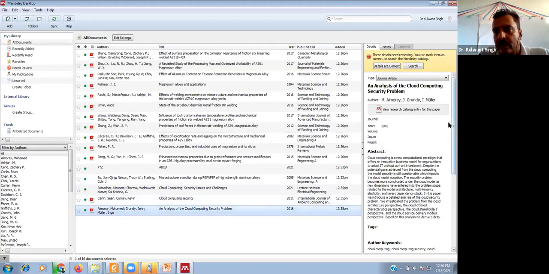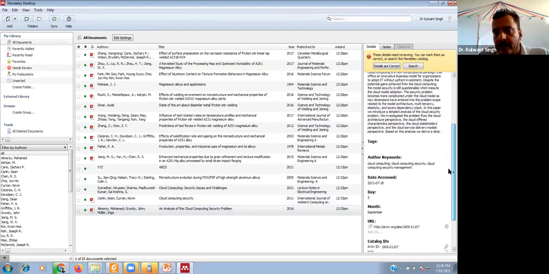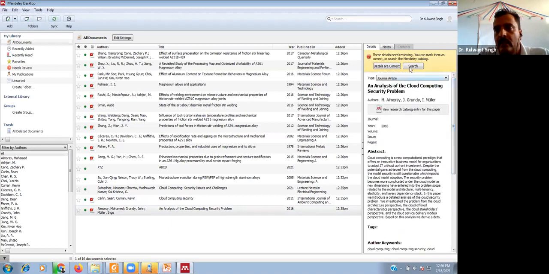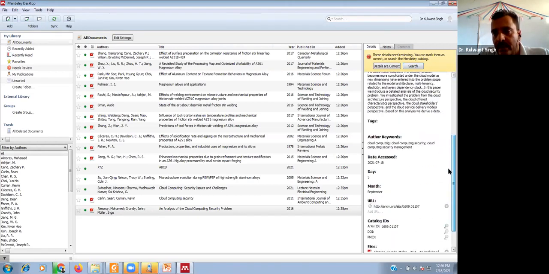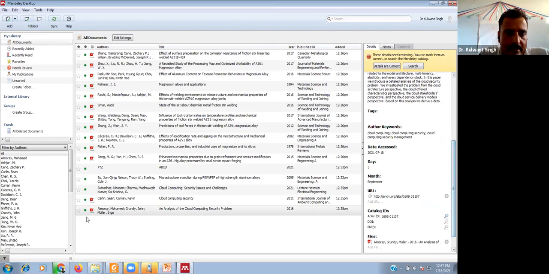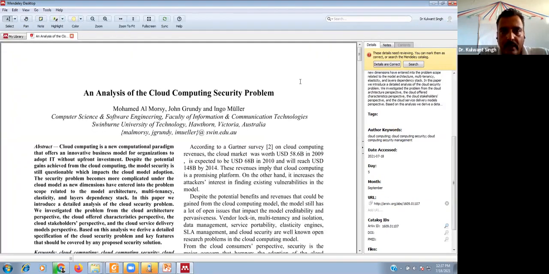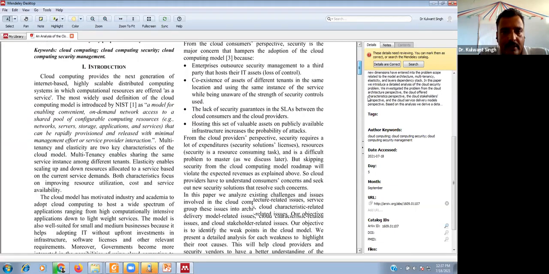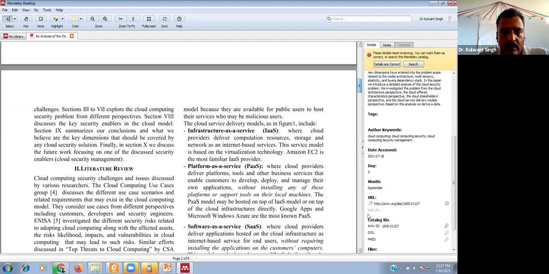And then the next document, the DOI is also not available. Then you can search, and you will see that the details are still missing. In such a case, if the PDF is available, then you can click on the PDF, and if the details are available within the particular document, then you can directly update from the PDF.